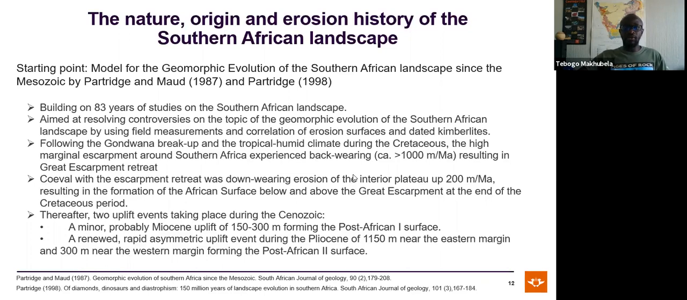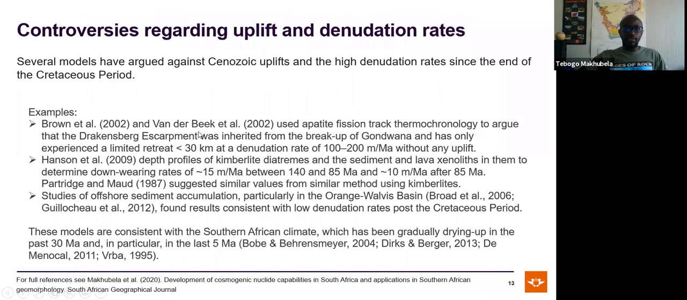In fact, it is what most of us teach at university. However, there are some controversies regarding the uplift and the denudation rate of this model, particularly in the Cenozoic period or era. An example is studies by Brown et al. as well as Van der Beek et al., who used apatite fission track thermochronology to argue that the Drakensberg escarpment